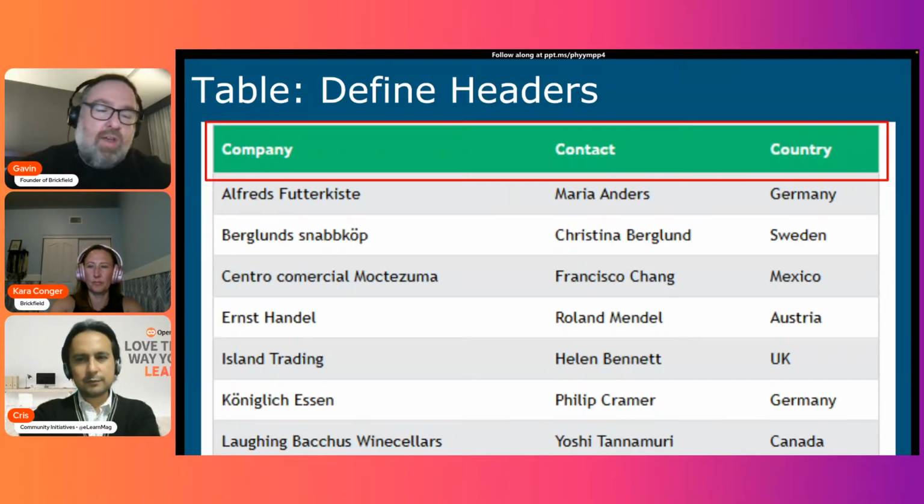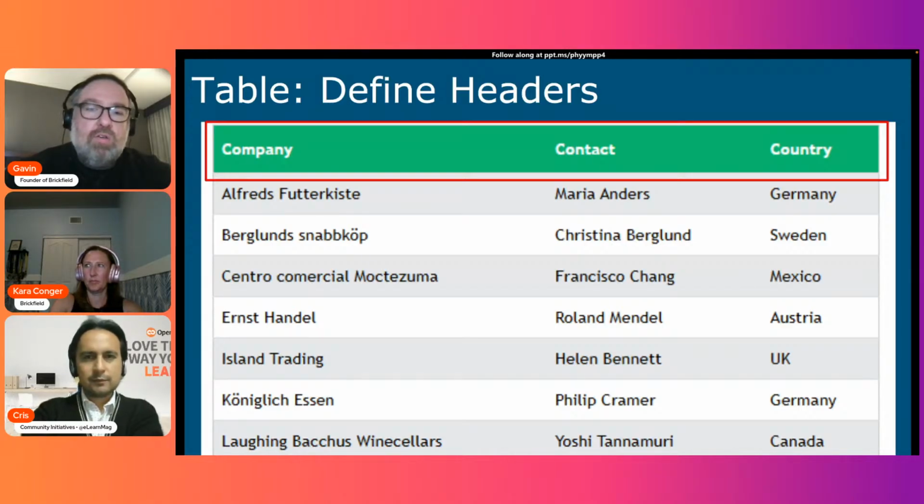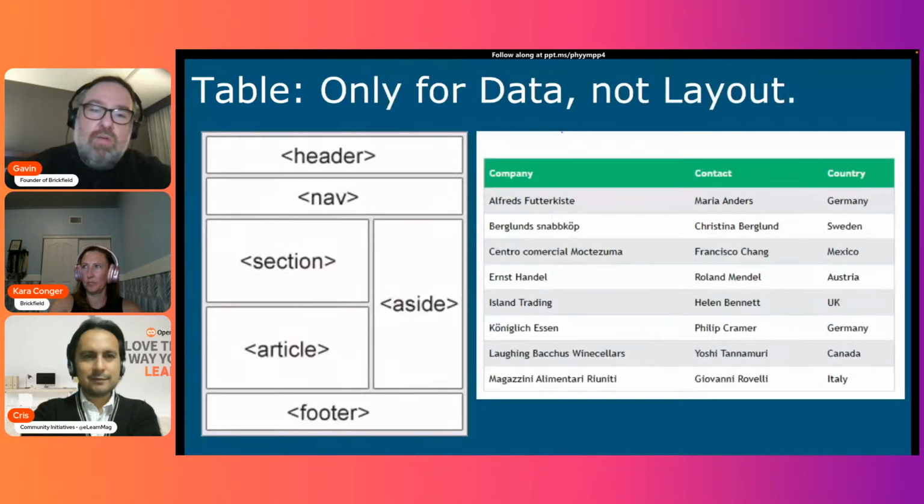So here we have a nice green background with some white text for the headings of company, contact, and country. That's awesome. The table has data in it, that's good too, but your headings are clearly defined, and then you can style them so they look like headings. This one also has the zebra effect, where it's a light gray background with white alternating. That's really good too. Zebras, yeah, generally they're good in the wild, or as zebra stripes, yeah, they're good on your table. Told you the jokes don't get better.